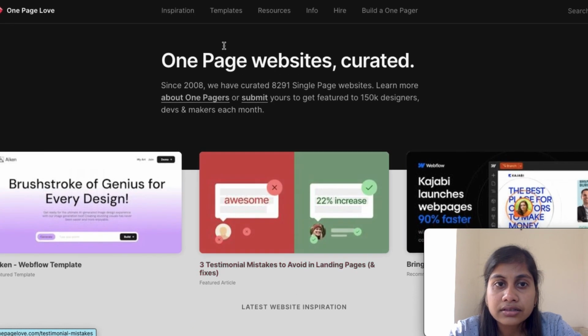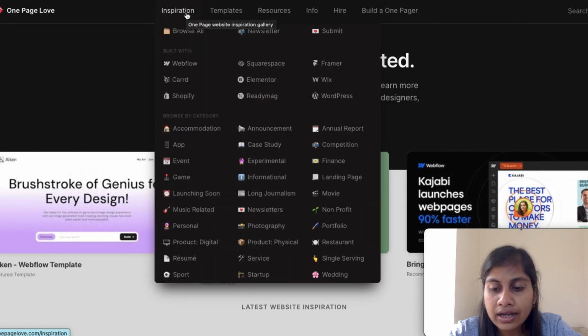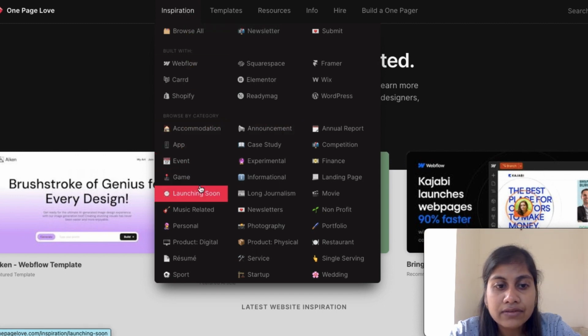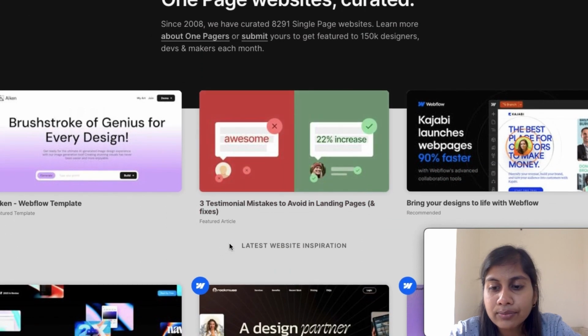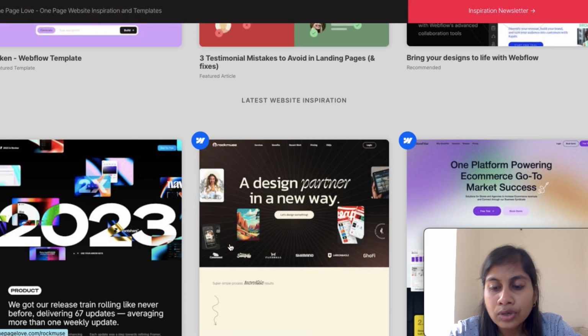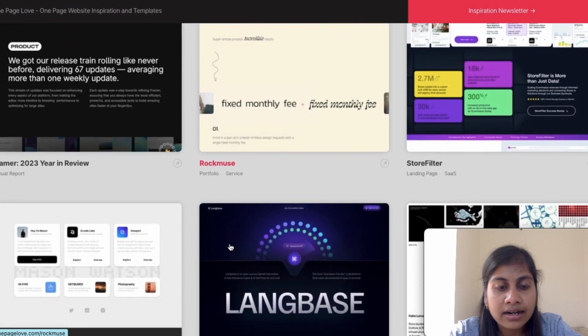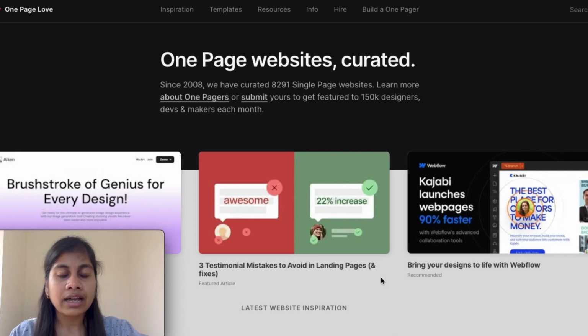If I go to the inspiration section, you can see that I can browse by the category. They also have an option of a case study. You can read their case studies, and they have newsletters. You can browse templates. You can find the resources. So they have a variety of options. Currently I'm looking for the landing page, so I'm only going to look for the website design and found some inspiration. As we have seen the websites that we can use for finding the inspiration,